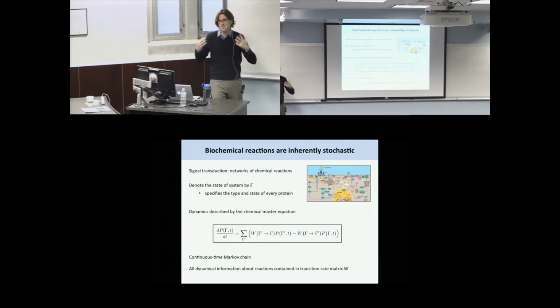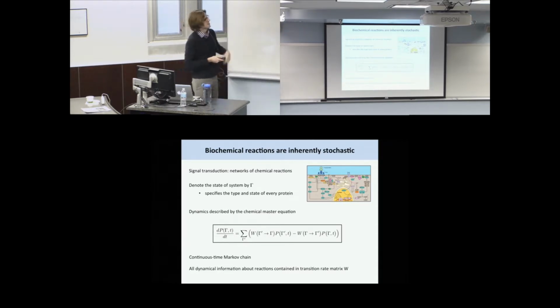In the language of the physics and chemistry world that I come from, we say that we describe the dynamics by a chemical master equation. But I'll note this is just a continuous time Markov chain. The notation I'll use is P of gamma, t. This is the probability of being in state gamma at time t. We'll write the time evolution of this probability as a sum of what look like gain and loss terms. We have a transition rate matrix W, which tells us the rate that we transition from gamma prime to gamma,